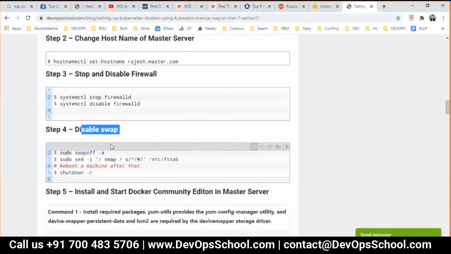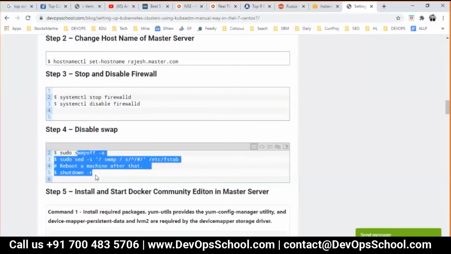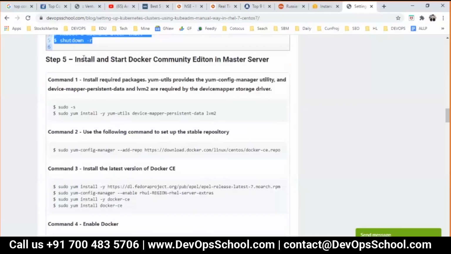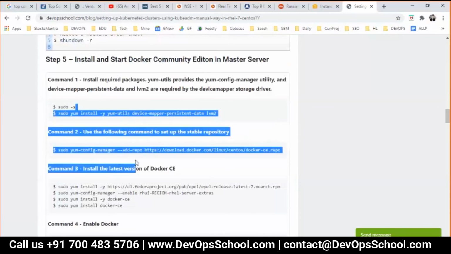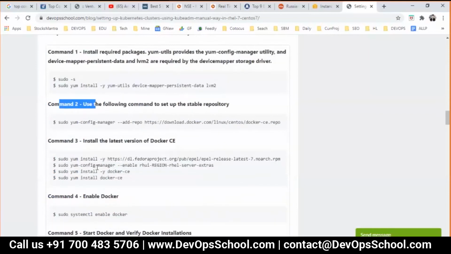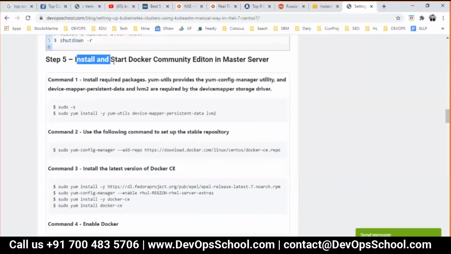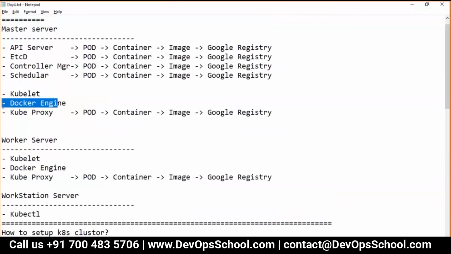Okay, here are the commands to stop the firewall for your Linux VM. This is the command for disabling the swap memory in your VM, which is enabled by default. Now step 1, step 2, step 3, and step 4, I do not have to do, because I am using an AWS instance, which is already done with these changes. I control the security group here. This is already disabled and all that. So please mind it, you have to do that.